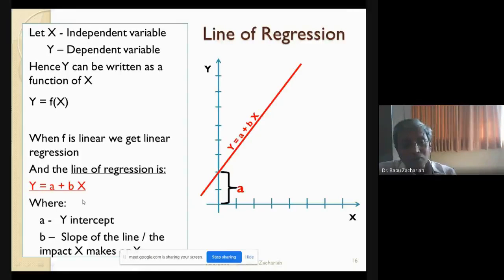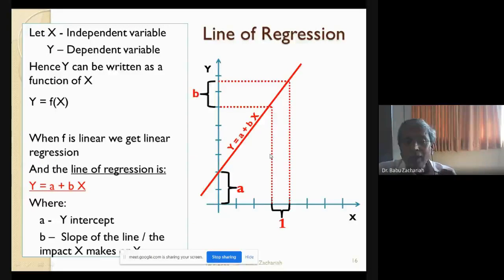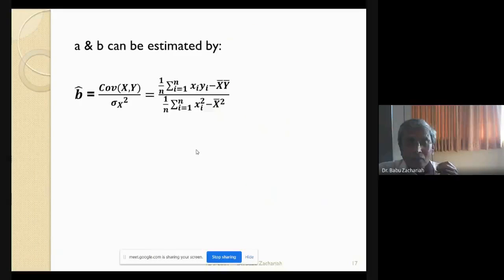B is the slope. Meaning 1 unit of change in x, how many units it is changing in y, that is B. And to calculate that, we have given this formula. We need not remember this formula today because we are going to use the software to